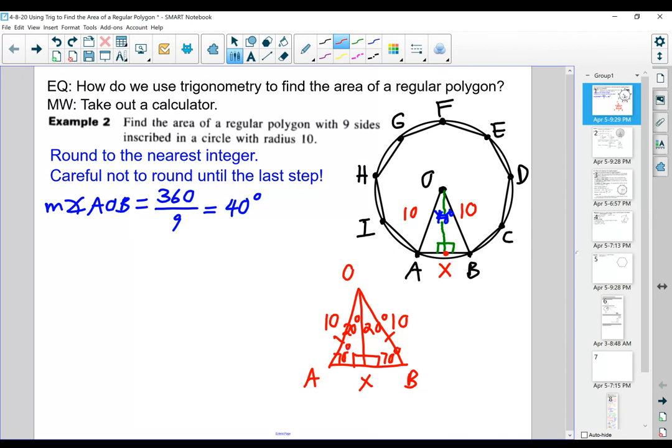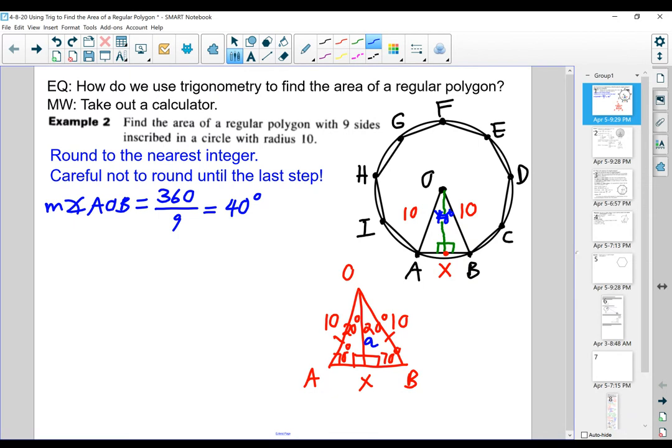So unlike the previous example of the hexagon, this is not a special right triangle. It is not the 45, 45, 90, nor is it the 30, 60, 90. So the values that we're going to find do not depend on the ratios that we learned. If we had those special right triangles, we want to be precise and use the relationships that we learned from those particular cases. But since we do not, we're going to have to use the trig information that we've become familiar with. So let's label the apothem lowercase a,